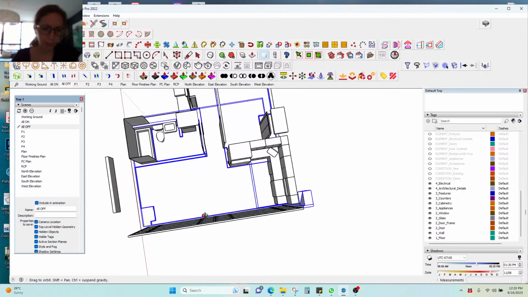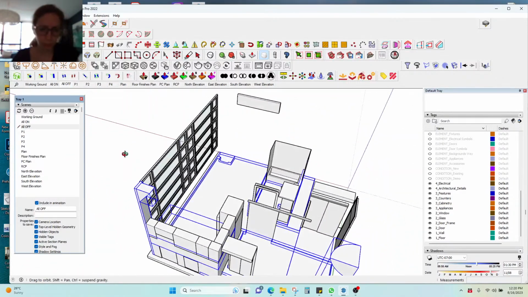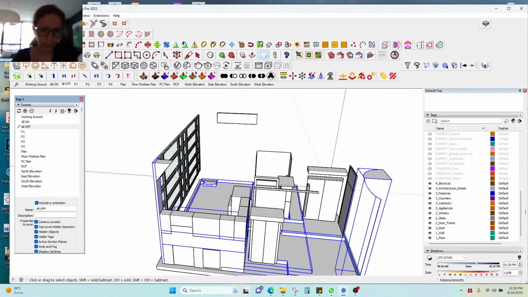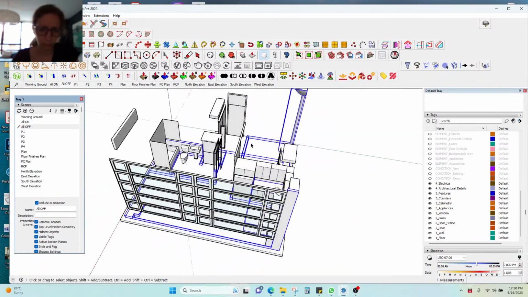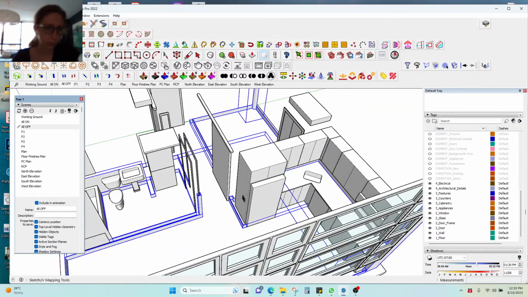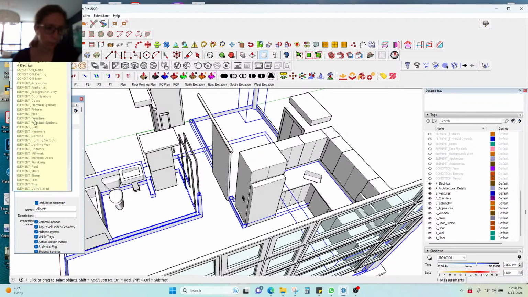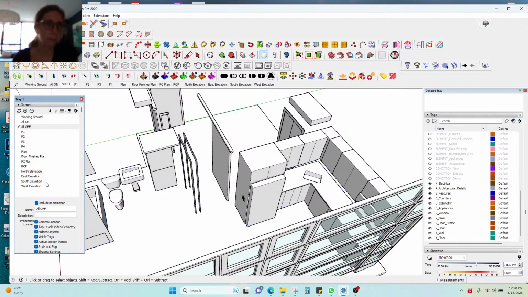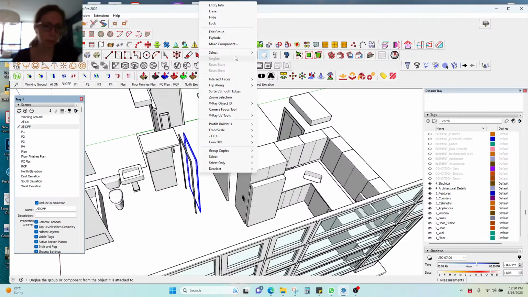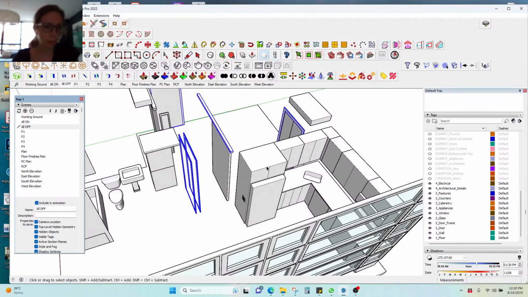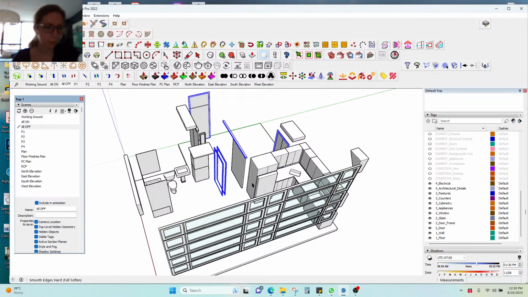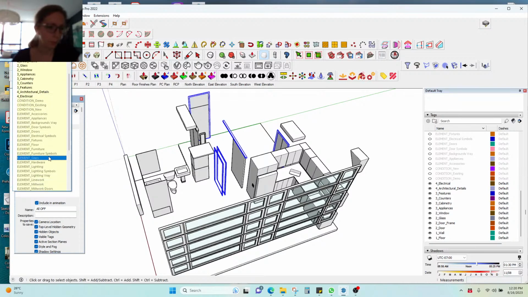So I would say generally most of that looks like trim, and so I'll put all of that on the trim tag, and then select all of the things that are called door frame, all with same tag, make sure that they're all door frames, yes, then put it on trim,